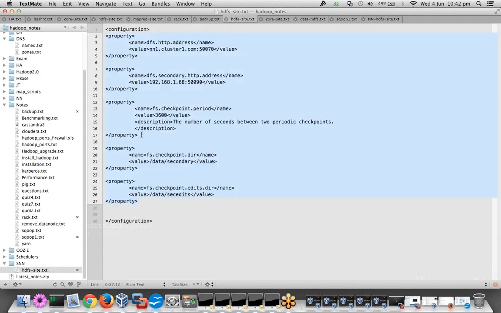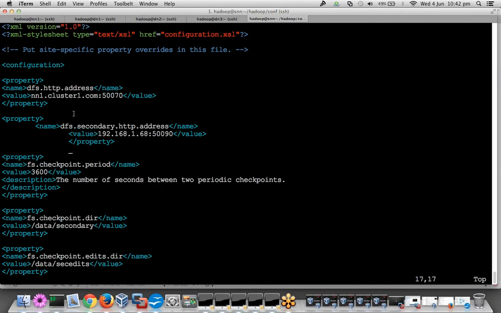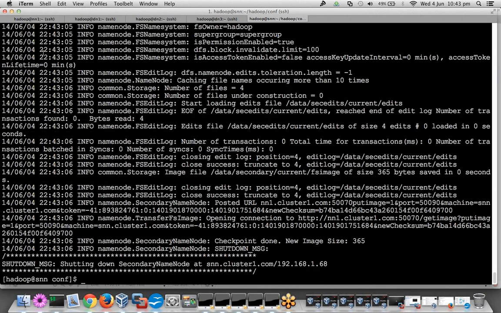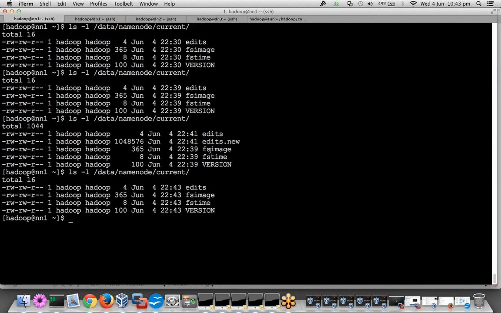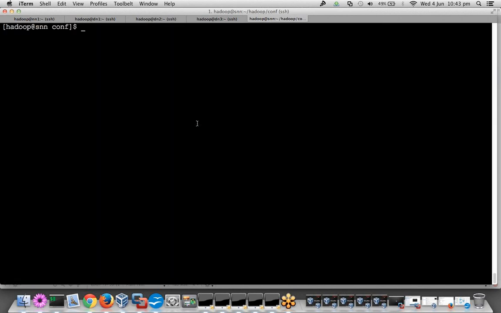So you will see if I put this parameter back into the config file, it will start working, right? If I enter this parameter and I simply do a checkpointing here again, right? So now you see it is able to transfer the image. It's saying opening a connection to the primary name node. And if I do ls again here, you see it has gone. So we will understand as we go along the course what goes on in the backend, right? So this is an overview